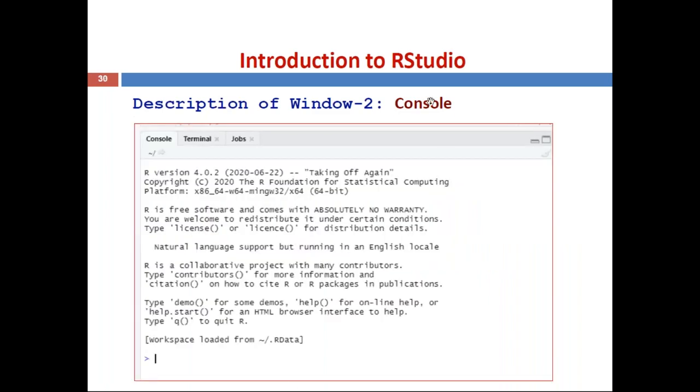Now you can see its screenshot. Here we have three options: console, terminal, jobs. The default page is the R console. Wherever the prompt with cursor is, you can type the R commands, and they are executed in this window. That is the description of window 2.